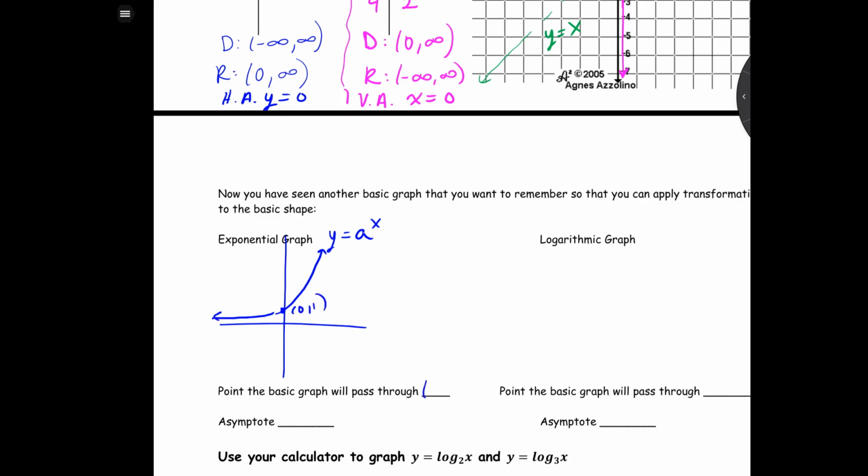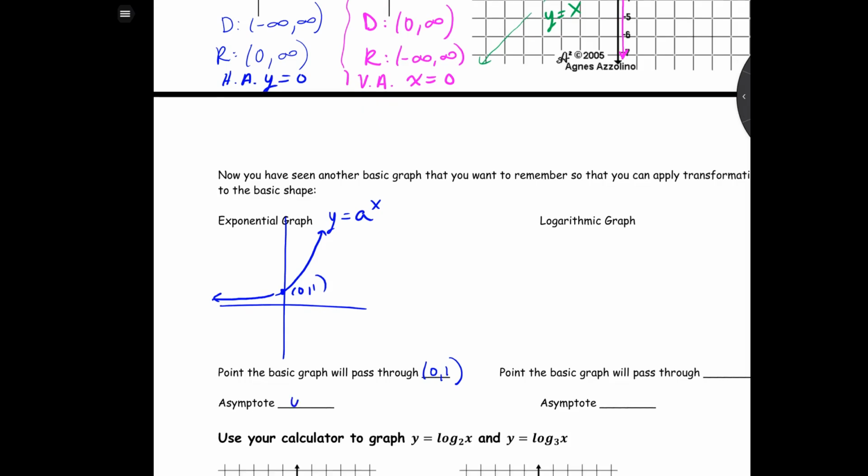So the point will always pass through 0, 1. And what's the asymptote of an exponential graph? Y equals 0. Good. And then the logarithm graph, since it's the inverse of the exponential graph, so we would